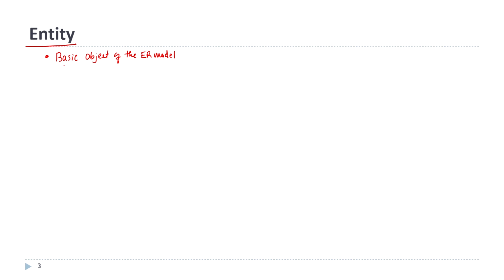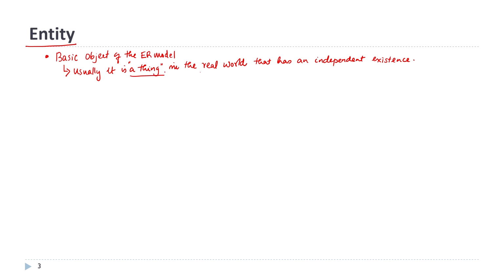Another part of it is, usually it is a thing in the real world that has an independent existence. Okay. So, what we are saying is that it is a thing, it is usually something that you can